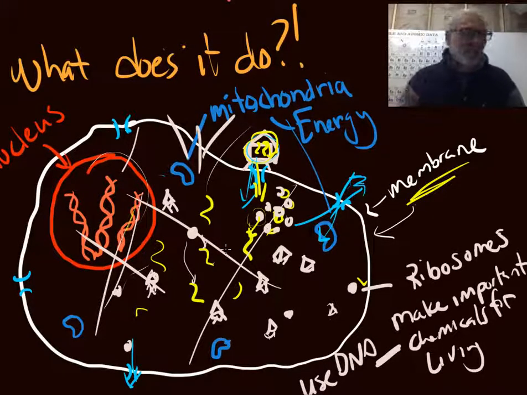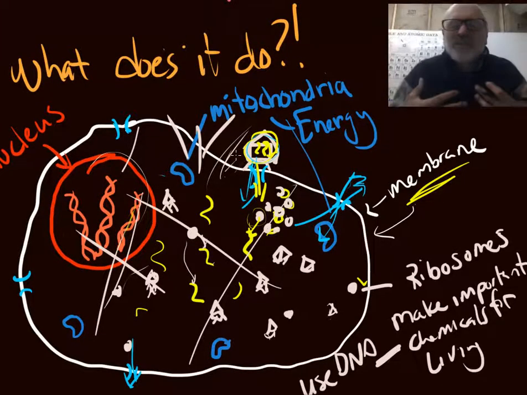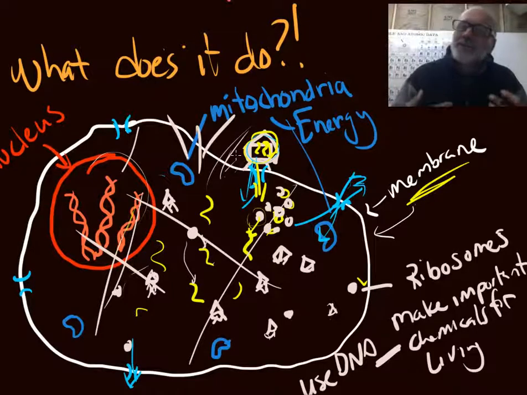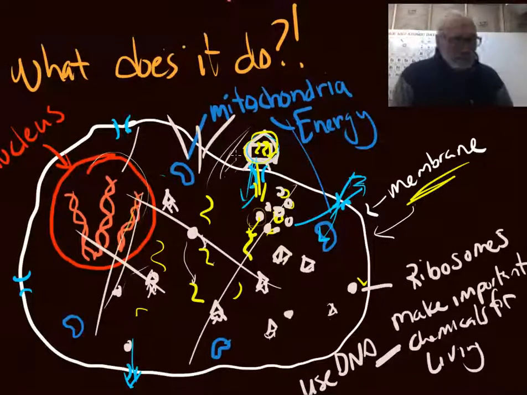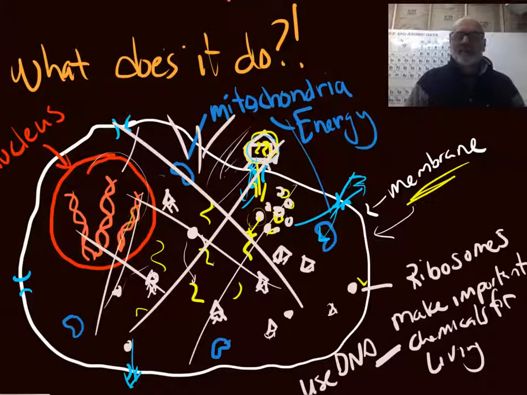phlegm or think of it as snot. Okay, I'll say it. Think of it as snot. This cell is going to produce a chemical that gets released, and it fills your lungs full of this goo so that you can't breathe. And people that get the coronavirus cannot breathe. It's that bad, folks.